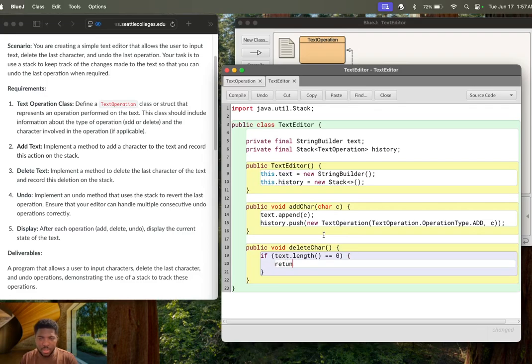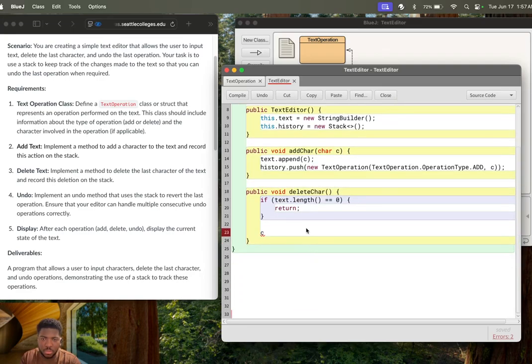Just return nothing, right? Deletes nothing, essentially. Then I'll say, let me see some lines here. And I'll call this removed, and I'll say if the character right inside the text